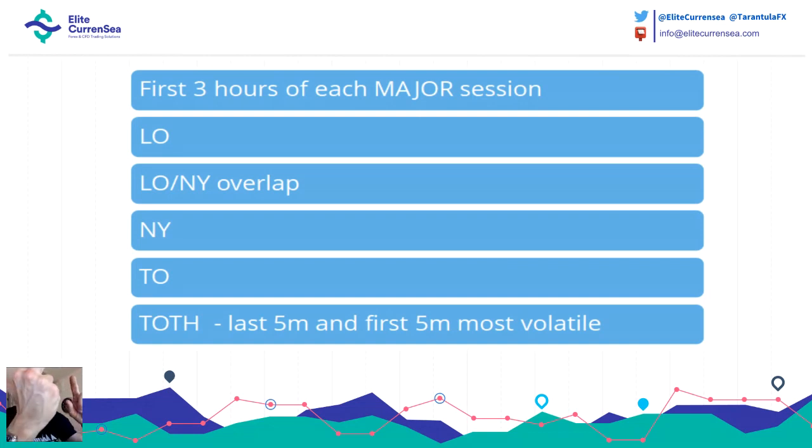If New York opens at 1 p.m., then it's 1 p.m., 2 p.m., 3 p.m. Calculate your time in your time zone, but don't forget, the first 3 hours of each major session are the most profitable. Same goes for the Tokyo session. Let's say it opens at 2 a.m., so 2 a.m., 3 a.m., 4 a.m. And top of the hour, TOTH, the last 5 and first 5 minutes of each candle are usually most volatile,